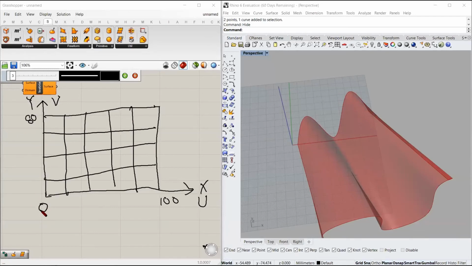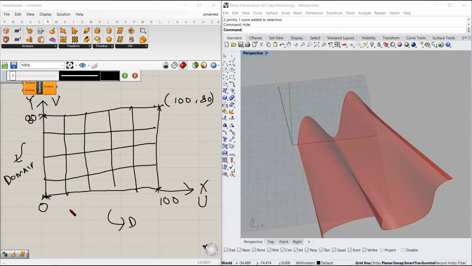So I have a domain of 0 to 100 in the u direction. The start limit of this surface is 0 at this point, and the end limit in the u direction is 100 at this point. Similarly, the start limit in v direction is 0 from this point, and the end limit is 80 in v direction at this point. So this is what a domain is for a surface, in v, and it is the domain in u. And this point will have a domain of 100, 80.